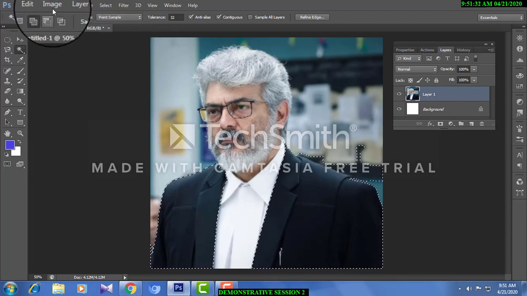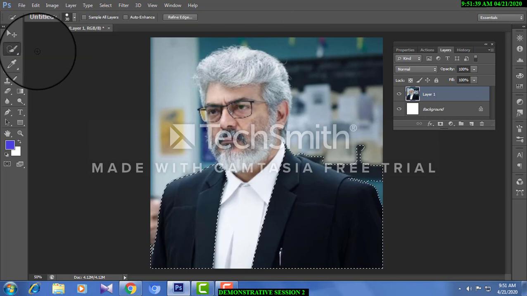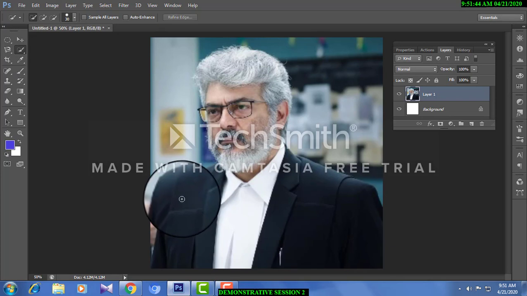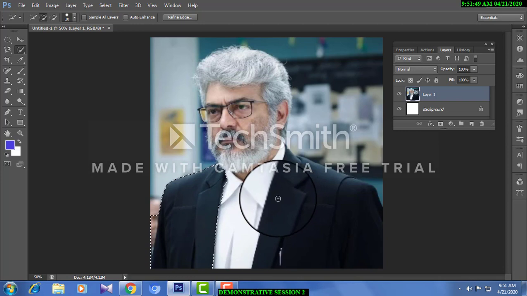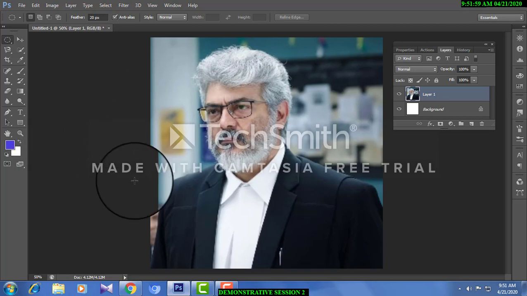Now again, the other way, I'm making use of the quick selection tool. Just click, look at here, just by pressing one click you choose whatever you want to choose. Once again I'm just pressing Control Z. Another important thing that I'm telling you: Control Z works only once. Control Shift Z works for multiple undoing. If you want to recover anything, you can use Control Shift Z.